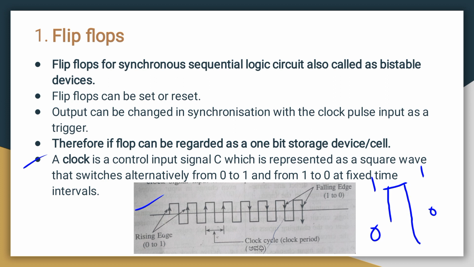Again it will go for the negative, that is -1, come back to 0, then it will again go to 1, then come back to 0 and go for the -1. So like this it will give the alternate switches from 0 to 1, 1 to 0. But see the interval, it is totally constant. That means after every second or after every minute, whatever is fixed for the change, it will take that time to alternate the change of 0 to 1 and 1 to 0. So this is about the clock. Next we will see what the parameters of that clock are.